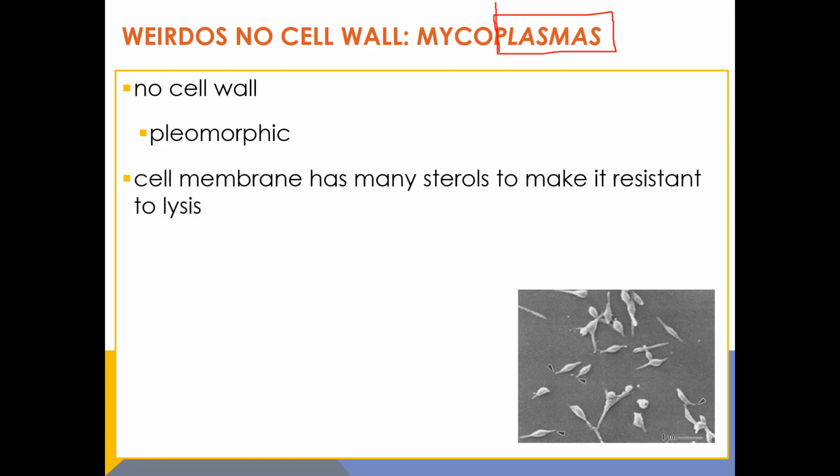And so what do they do in order to make their cell membrane strong enough so that they don't explode? They put sterols. Sterols are more lipids. You may know cholesterol, something that kind of clogs up our arteries because it is a relatively sticky inert lipid. So again, we have cell membranes with sterols stuck in it to make it resistant to lysis. But also one of the things that they do is they just don't grow very big. If you're not very big, you're at less risk of exploding. So they're known for being very small and pleomorphic.